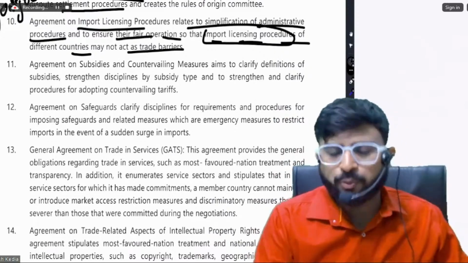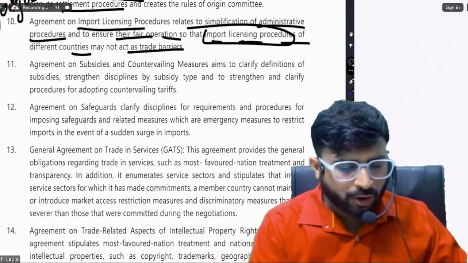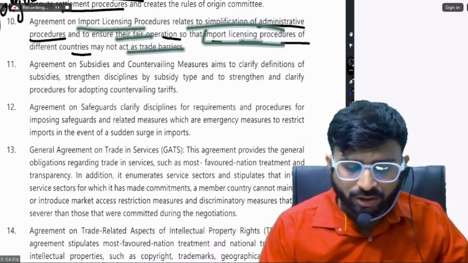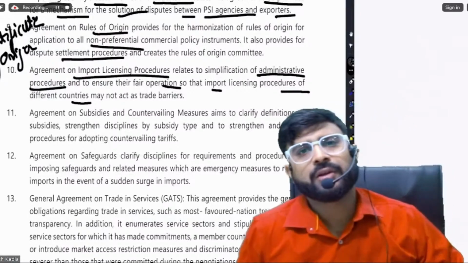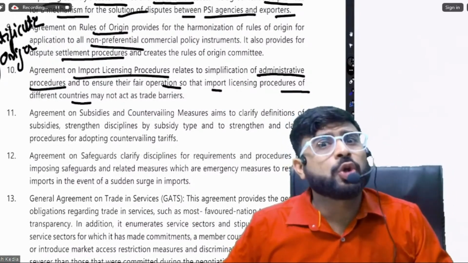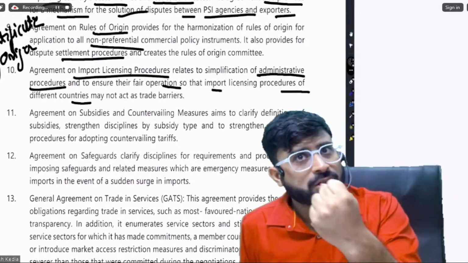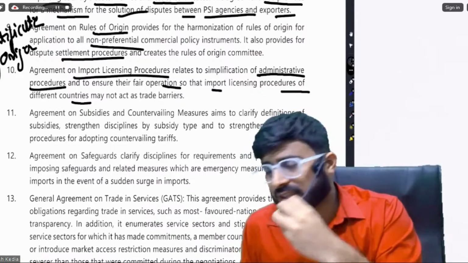So huge import licensing requirements should not be there. No huge import licensing requirements. Otherwise, the people are harassed. What they do is now the government realizes that